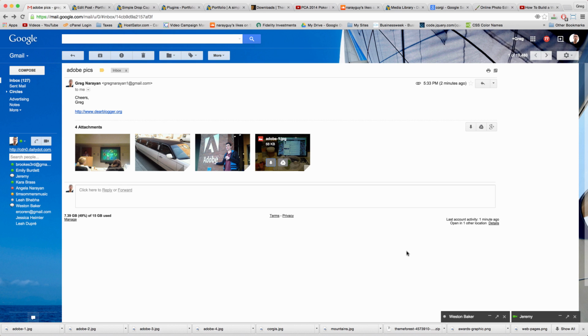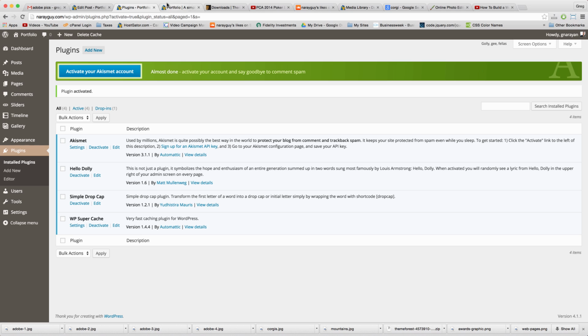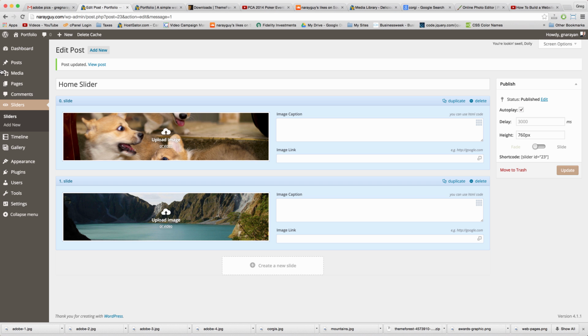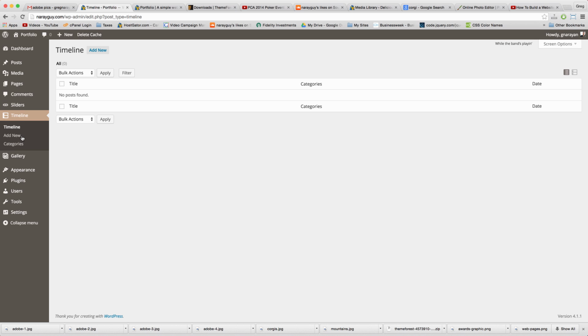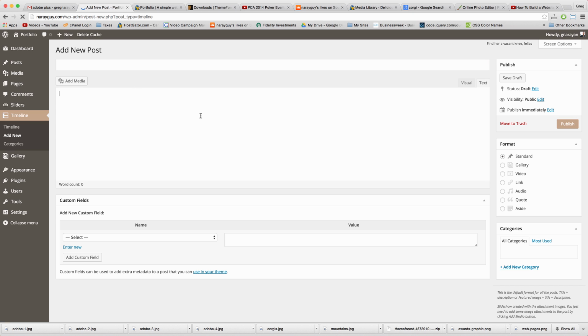Alright, I hope you're still with us because it's now time to create one of the most interesting and interactive parts of our portfolio site, the timeline feature. And I've just gotten 4 images from my email inbox to use in the timeline. Let's go to the site and let's go ahead and click on timeline. And then, sort of like with the slider, we just need to add new items to the timeline. So just click add new,